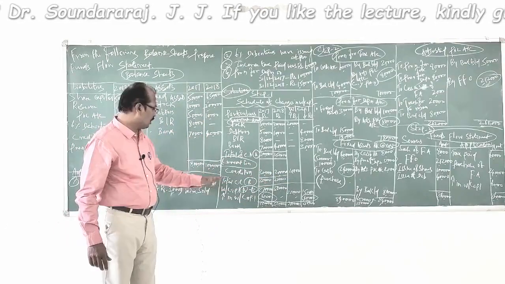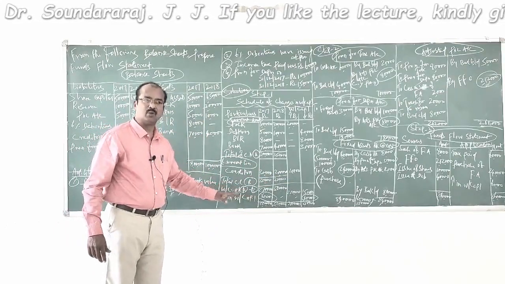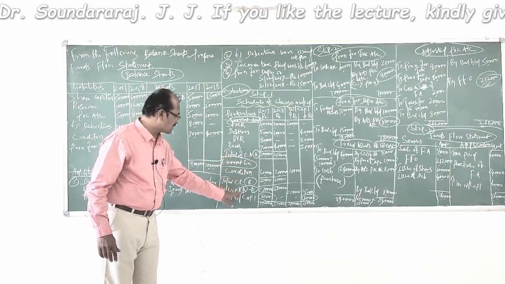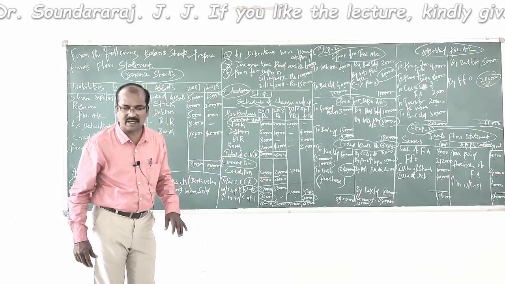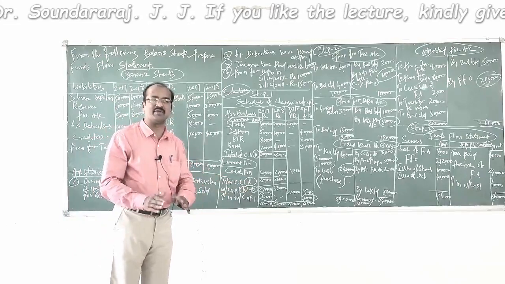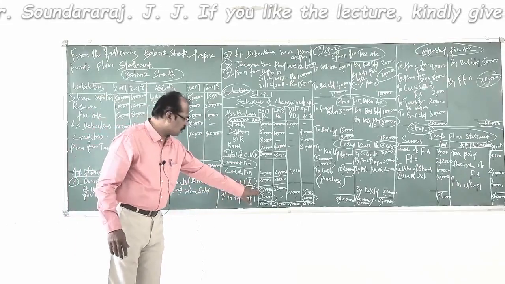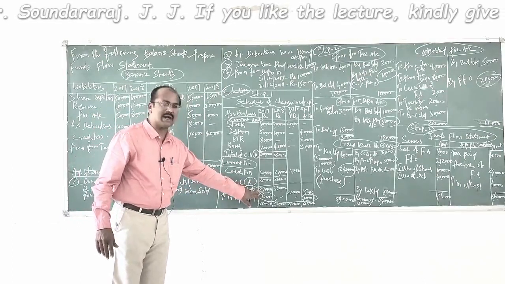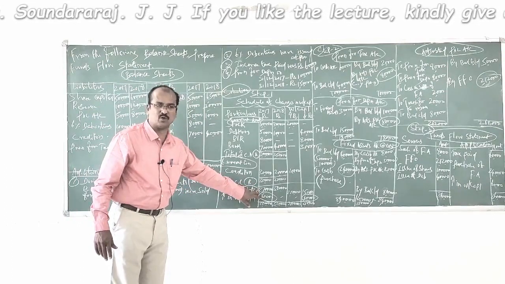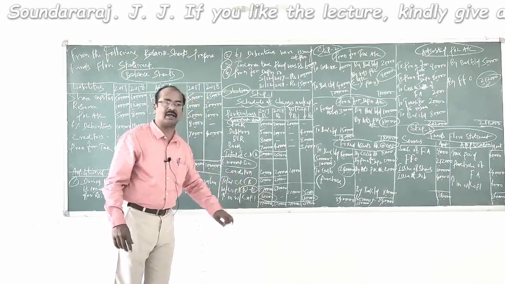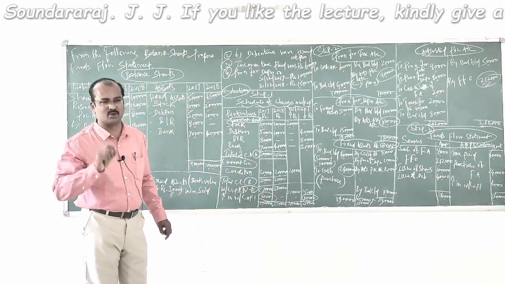Finally, what do we do? We calculate working capital with character A, that's the total of current assets, minus character B, that's the total of current liability. We do it separately for 2017 and 2018 as well. For 2017, the working capital has come to 2,70,000 rupees. For 2018, that's the current year, the working capital amounts to 3,30,000 rupees.